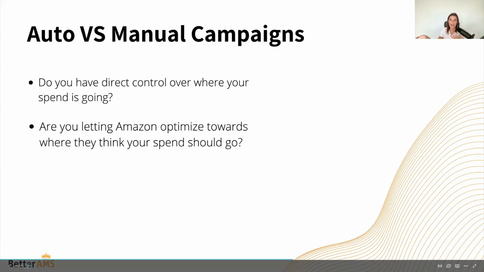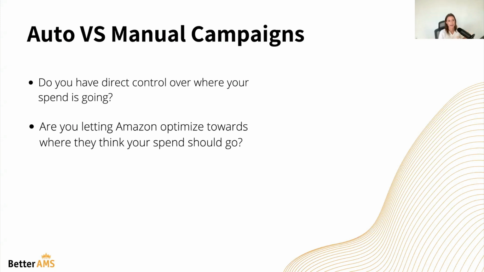The first thing we look at: auto campaigns versus manual campaigns. So do you have direct control over where your spend is going? Very important question. Or are you letting Amazon optimize towards where they think your spend should go? Now, asterisk, Amazon's auto campaigns are doing a lot better. They're actually really fantastic. I think they have more data than what we do, and that allows them to make